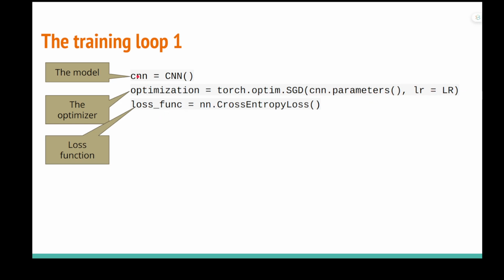Okay, so first of all, you need to define those three things. And of course, we have a lot of different functions available in the PyTorch framework, and you may need to write those functions by yourself in the future. But for now, we just use the built-in cross entropy loss as our loss function.